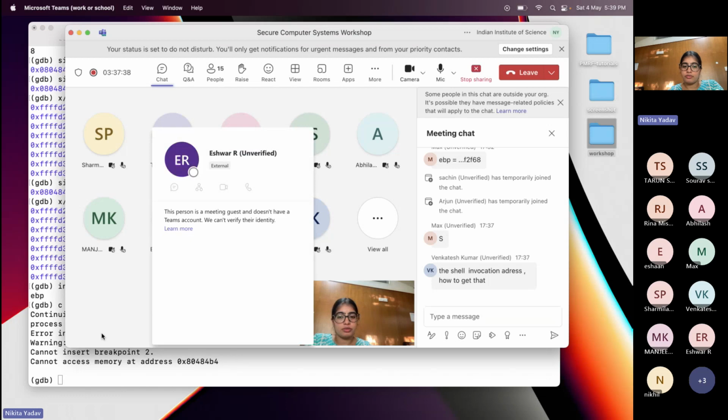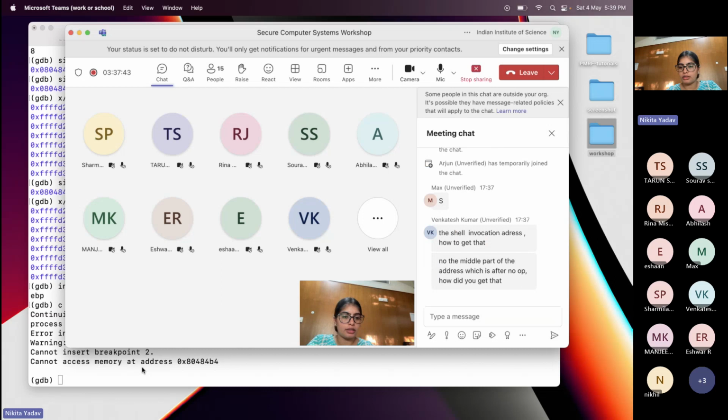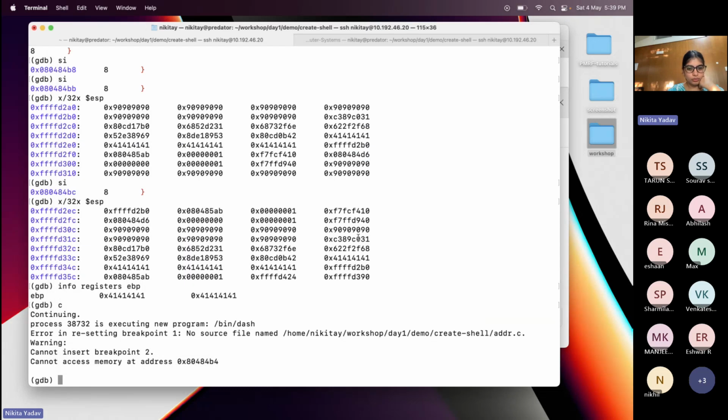So is that clear to everybody? Can you try this demo after the no-op, the middle part of the address, which is after the no-op? How did you get that? Which address? Can you tell me which address you're talking about? I'm not able to